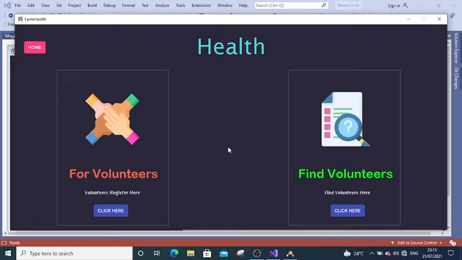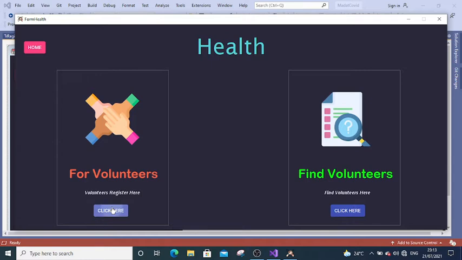Here interested people who can provide their transport, maybe a car or maybe any service, like for example procuring medicines or maybe daily essentials for someone who cannot go outside the house, these type of people can register over here who want to help other people. So now let's see how a person can register himself or herself.